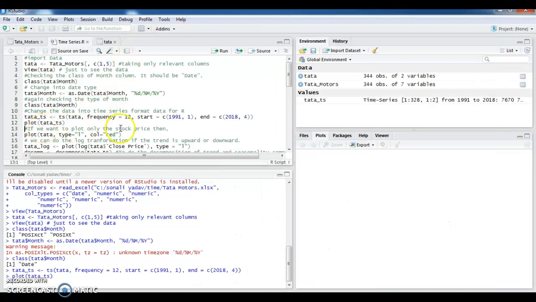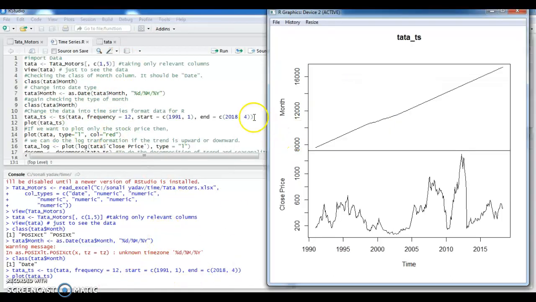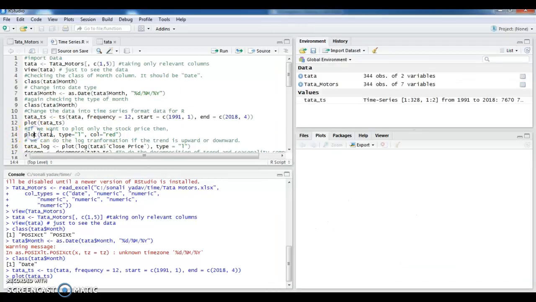So what you have done is, okay, you can even look at this in a different fashion. So again, you can plot it. If you want to plot only the stock prices, see this month, I don't want to bother myself with this month thing. I want to remove it. How do you do it? You can write another command if you want to plot only the stock prices. So I write plot Tata, type equals "l" within double quotes.